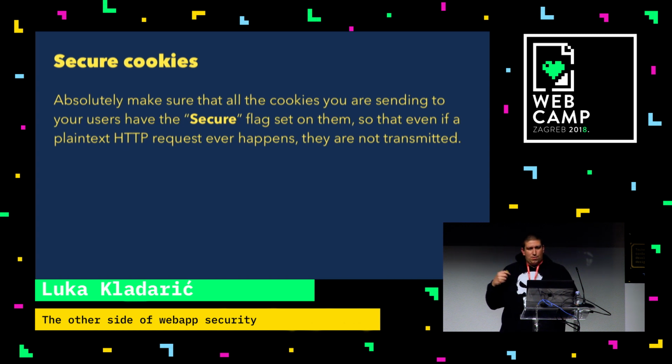This is a trivial thing to do. It's slightly tricky if your apps don't know if they're secure or not, if they're over HTTPS. It's easier if you know that all of your stuff is. Sometimes you have to set it on the load balancer because the load balancer knows whether the request is secure or not. It's also kind of ignored on plaintext connections, so you can also set it just blindly, but